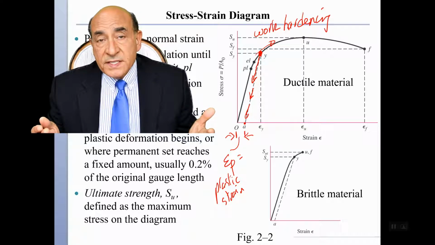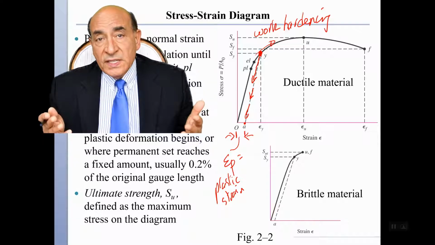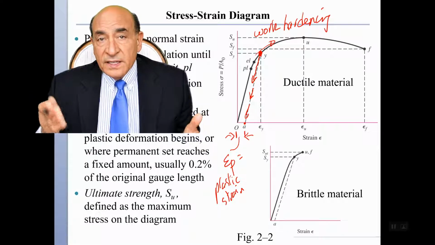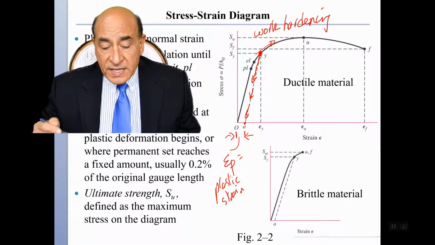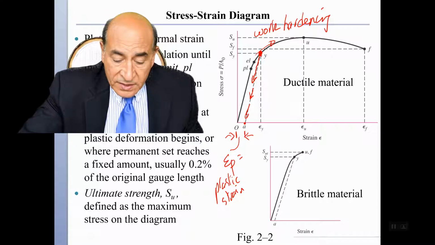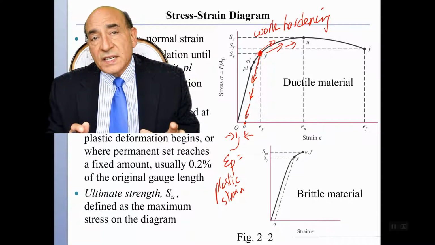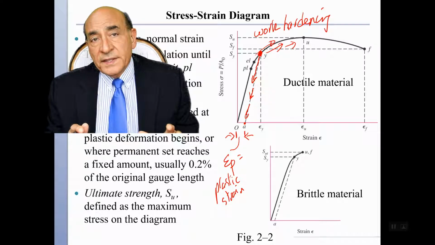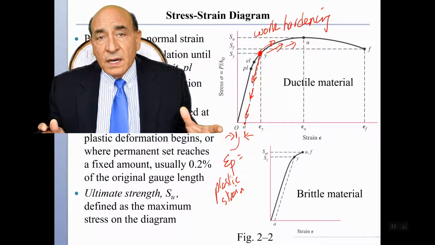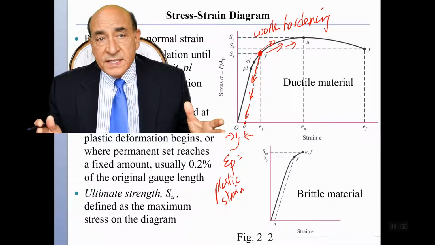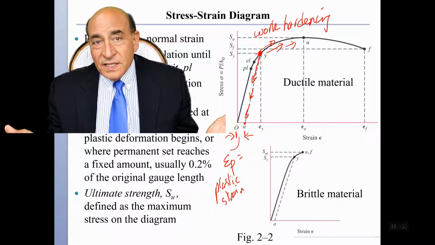And the resistance meaning that you have to really put higher and higher load or higher and higher stress. And that is why you get higher values of the stress, because the material is resisting. And at some point, the resistance of the material ceases to exist, and the load can be decreased, and the